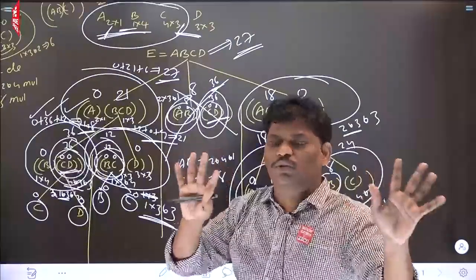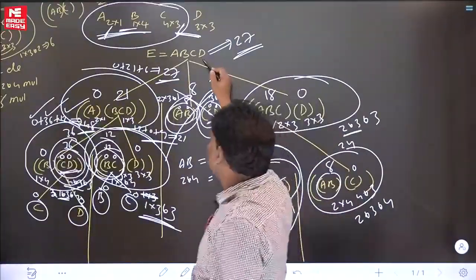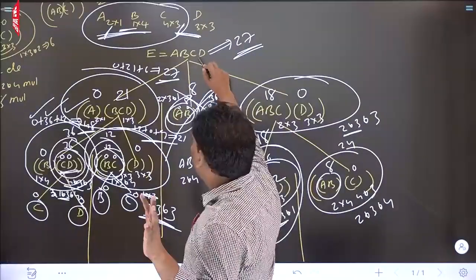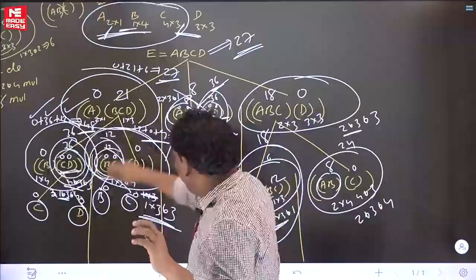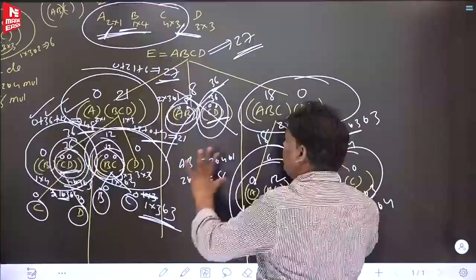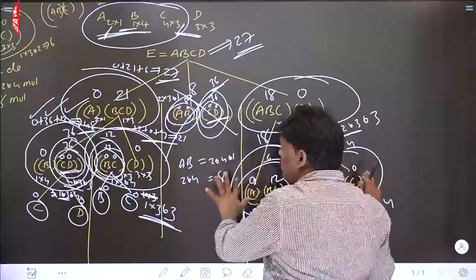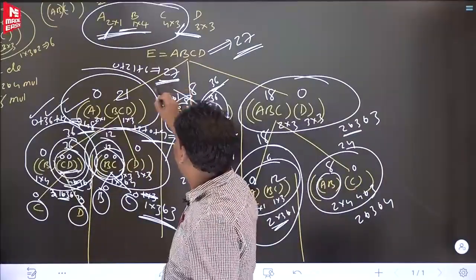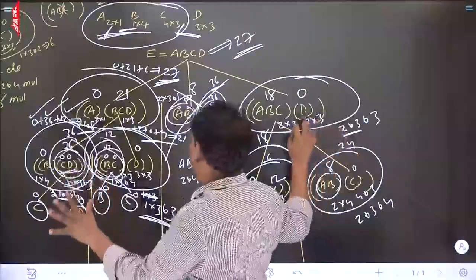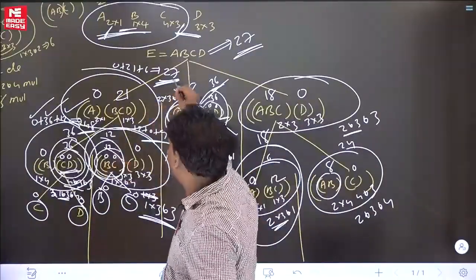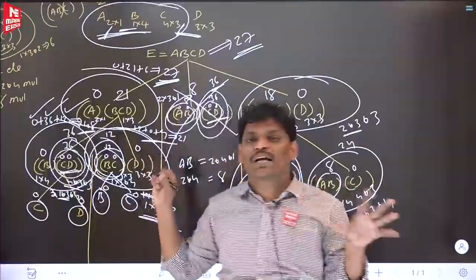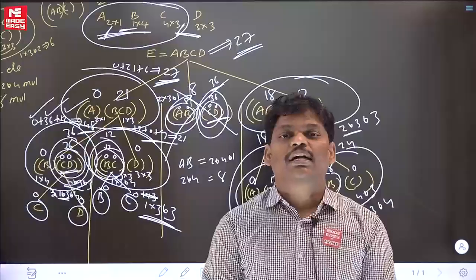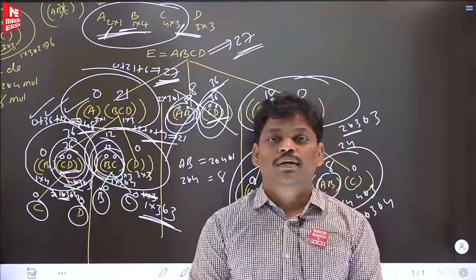What you do is, when 4 matrices are given, don't do the entire tree blindly. A, B, C, D: 3 ways, here 2 ways, here 1 way, here 2 ways. Just draw the tree first. After drawing the tree, do the left part, the first one. So you got 27. Draw the tree first, it's okay. After drawing the tree, do the first one. You got 27. So just draw the tree and complete the left one, you got 27. So one way is saying that the answer is 27. What you do is, in the options you verify.